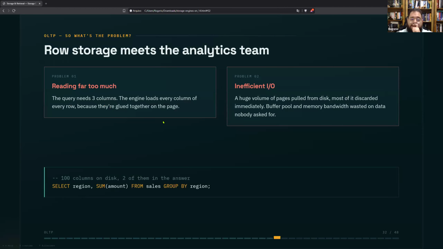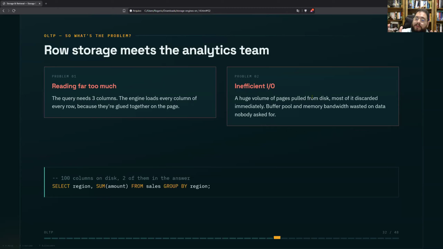But what is the problem? Suppose you need to read 3 columns, for example. If your query needs 3 columns, the engine loads every column of every row because they're glued together on the page. And the second problem is inefficient I/O, because a huge volume of pages is pulled from the disk. Most of it I will not need because I only need 3 columns, in our example.